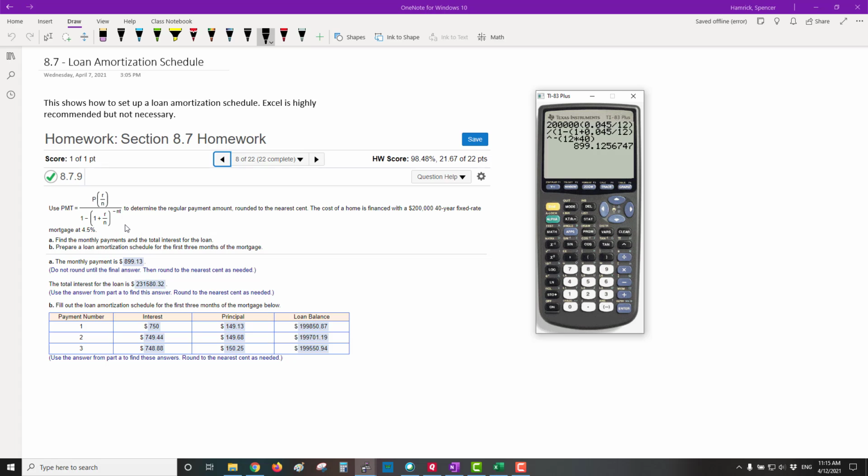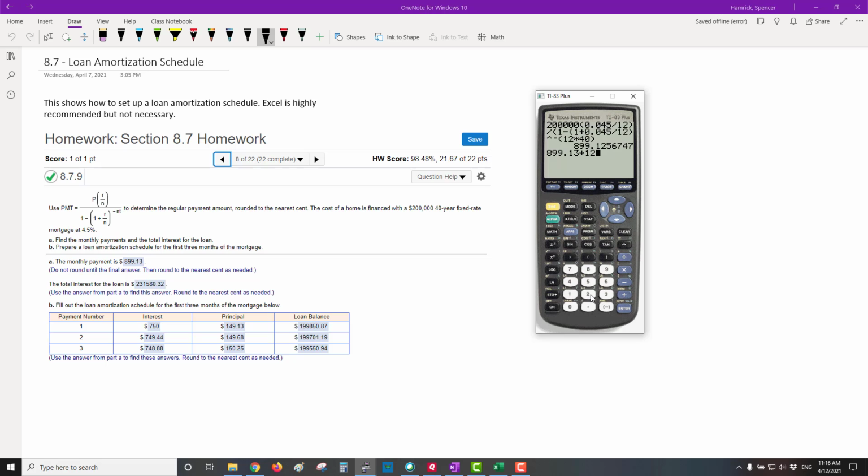I've demonstrated how to use the payment function in a previous video. I'll make a link right now to take you back to the previous video if you want to see how that's done. But we get that the monthly payment is $899.12 with a 5 after it, which means we round that up to 13 cents. And now if we want to get the total interest for that loan, let's go ahead and use our calculator for that. We're going to multiply that number, and I'm going to change it to $899.13